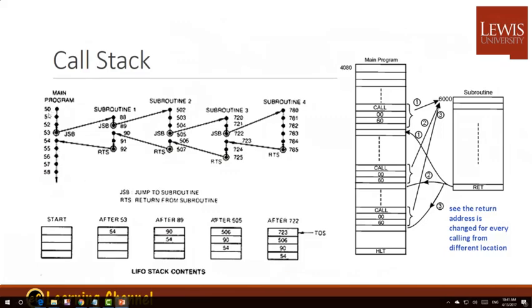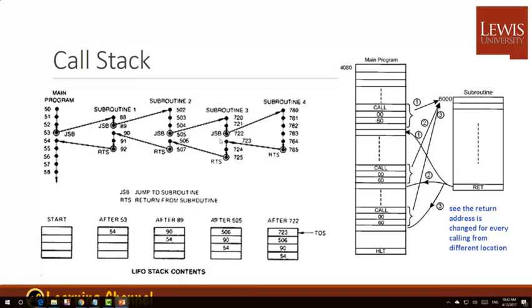We go from statement 50 to 53. Then we jump to 89 and 88, then 88 goes to 89 and jumps to 502. 502 goes to 505 and goes to 720. 720 goes to 722, then 780, and then finishes at 785 and goes back to